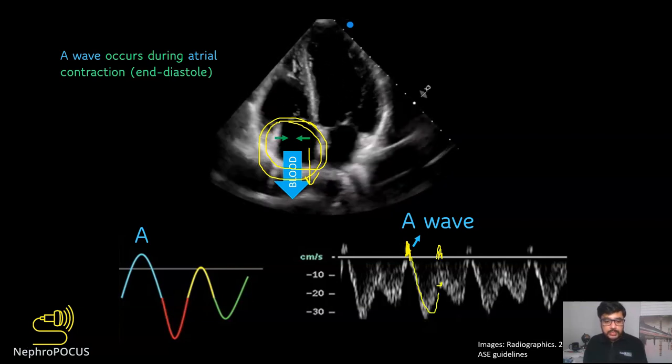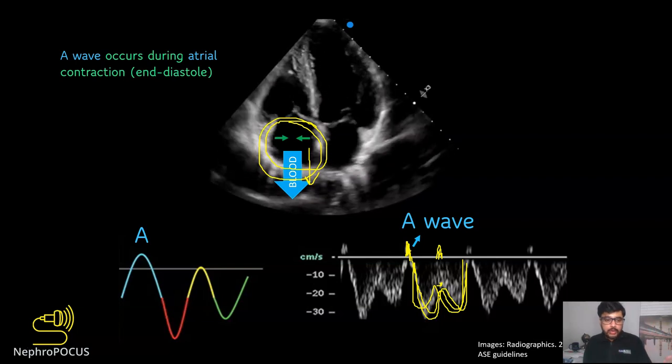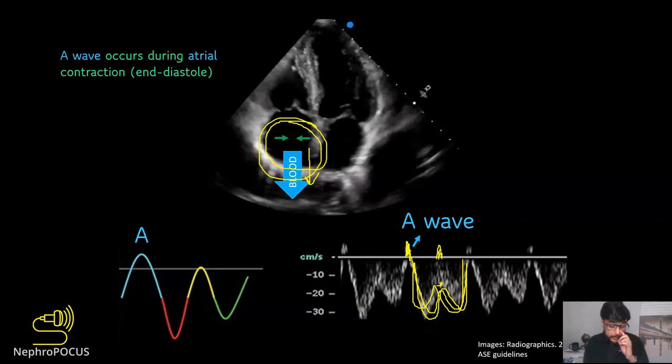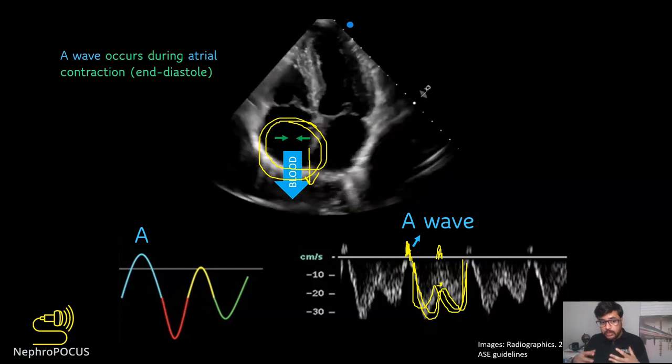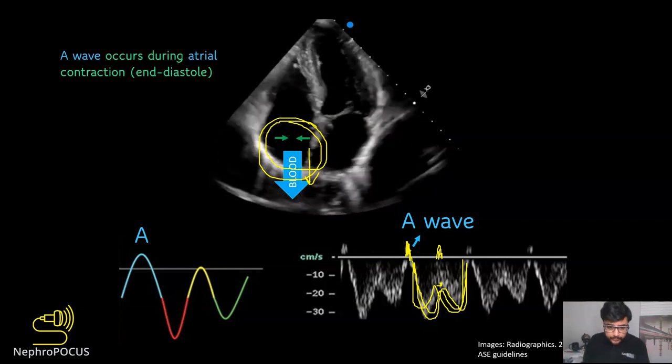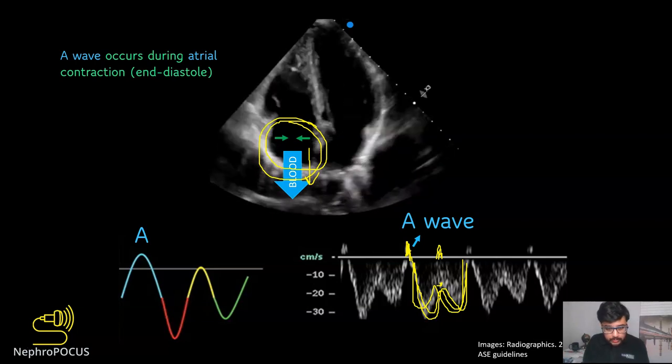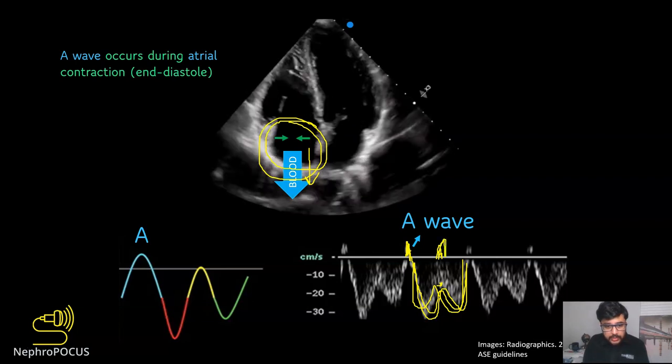So the majority of the flow is still below the baseline in the hepatic wave. So most of the flow is still blue on color Doppler. And as I said before, it's very important to have a simultaneous EKG to be able to know which wave is what. For example, if the V wave is above the baseline, right? So you have two above-the-baseline waves and two below-the-baseline waves, especially if the V wave and A wave are slightly bigger,